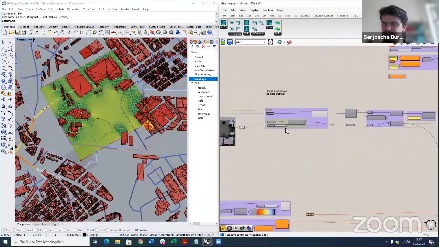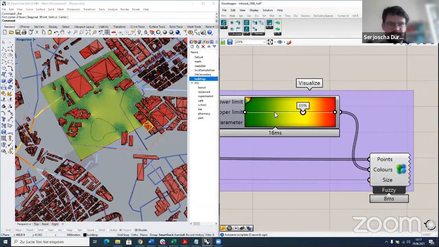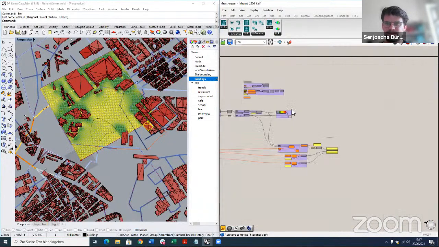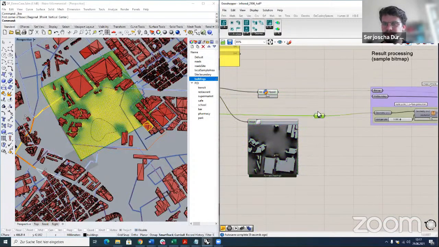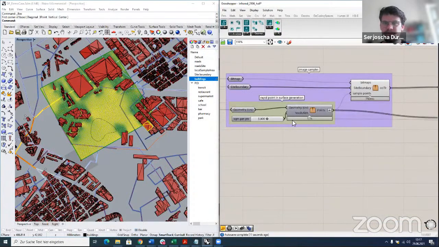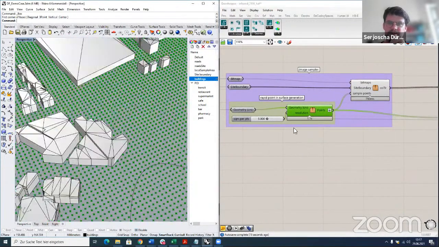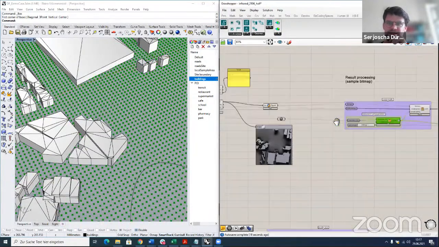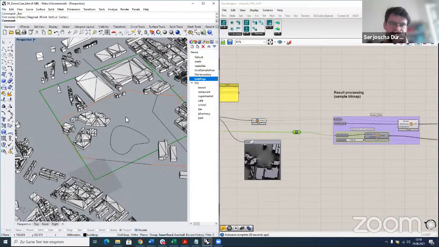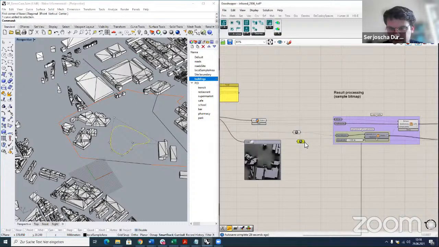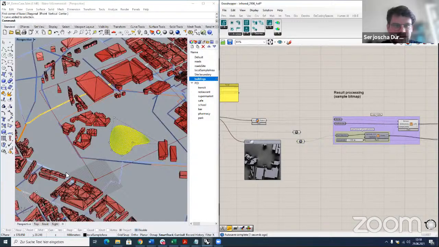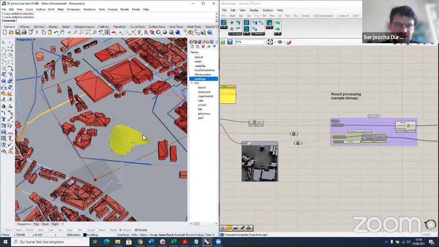I have the wind speeds here, the wind factors, and I can visualize them with Grasshopper points. Now, what happens here is, first of all, we generate a point grid, a point cloud, inside the area you provide. In this case, I just use the default site boundary, but I can also use this round shape here. Let's have a look at how that looks. So just connect it here. And then we see I only sample around